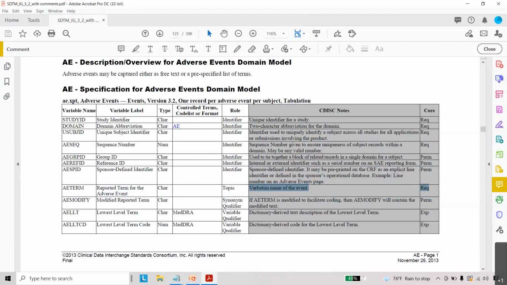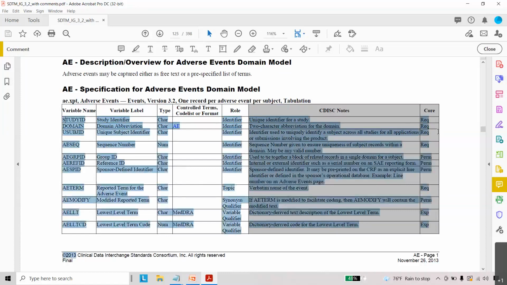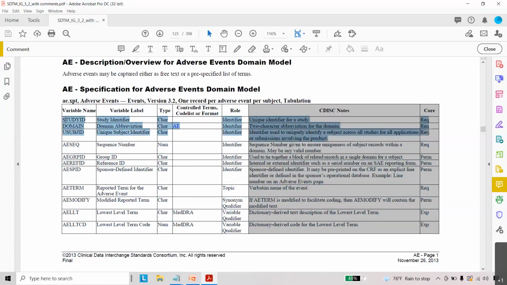Next, I want to discuss STUDYID, DOMAIN, and USUBJID. These are required variables, and as we discussed in the other domains, these variable definitions remain the same across all our domains.